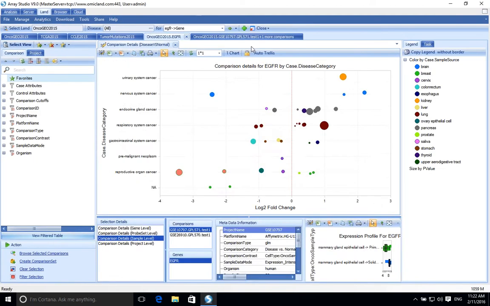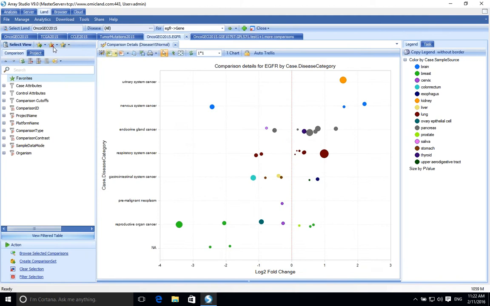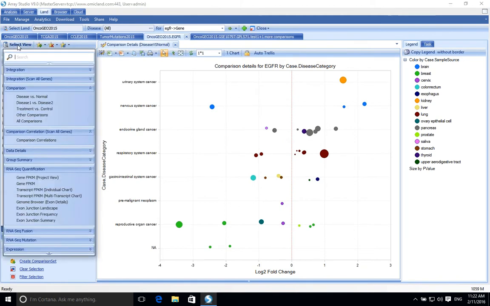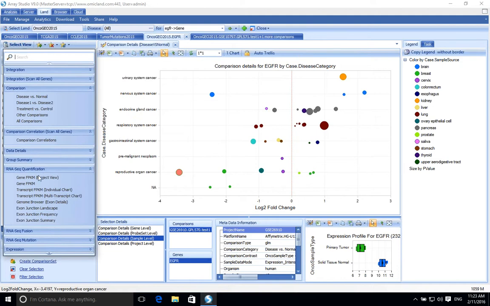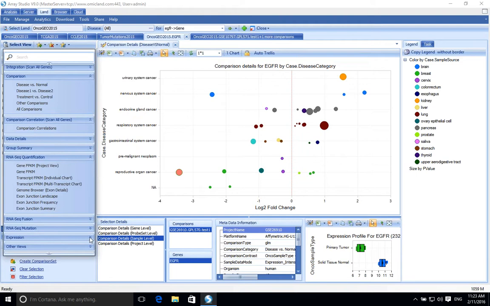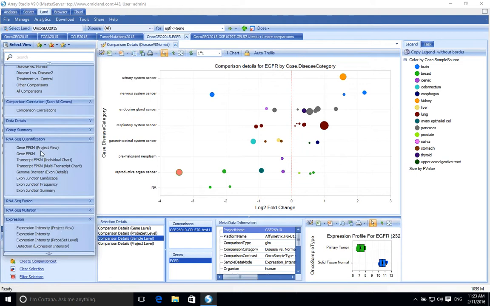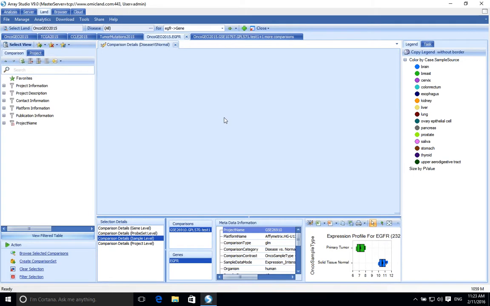Everything I've showed you so far for a single gene or a gene set has been based on comparisons. We have not forgotten about the underlying data. As you can see, you do have the ability when selecting something to show the profile down below. But what if you wanted to see all the individual projects or a subset of them and what they look like? In both the expression category and the RNA-Seq category, we have a project view. So if you click project view,